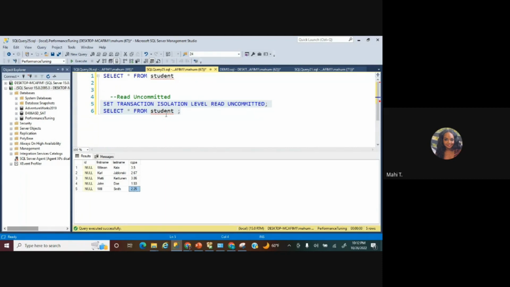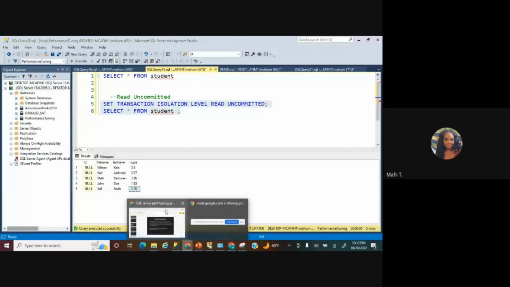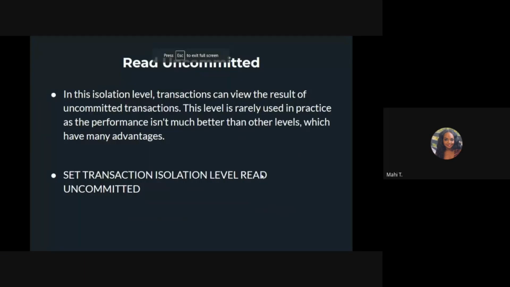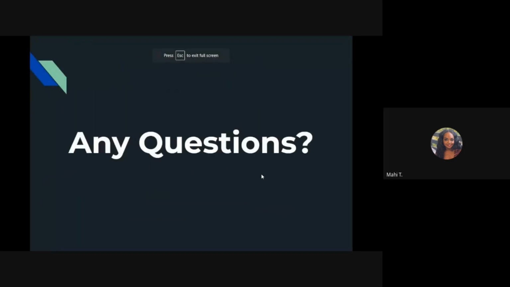There are thousands of DMVs, dynamic management views, and thousands of DBCC commands. You can't memorize all of them, don't try to study to be a hero, nobody knows all of them. They're googleable. So the most important ones I'll explain later, but I've now explained the read committed and read uncommitted isolation levels. All right, good, I was hoping that